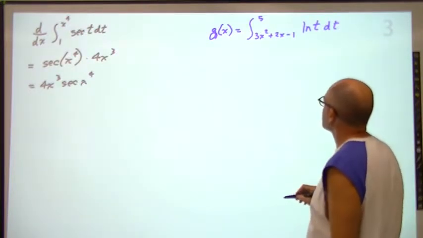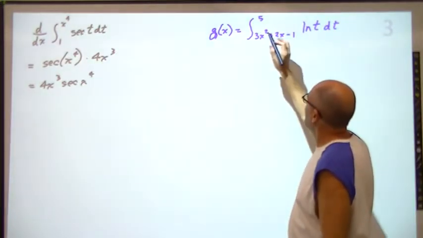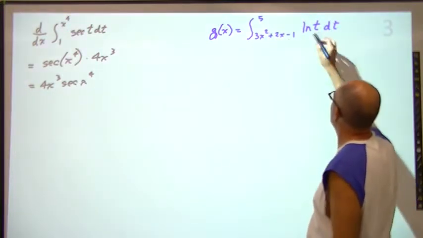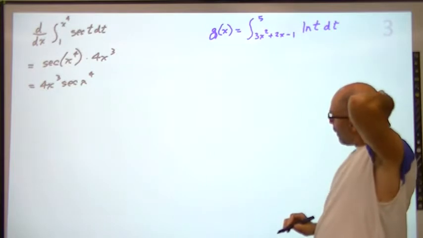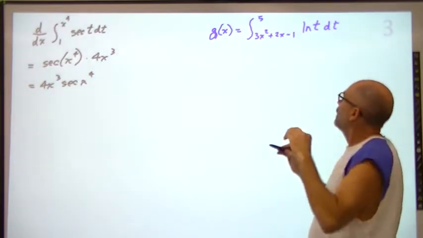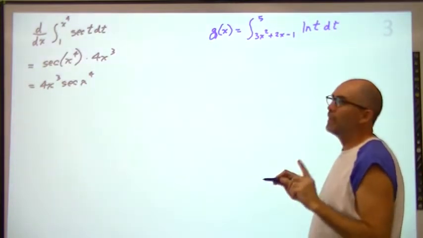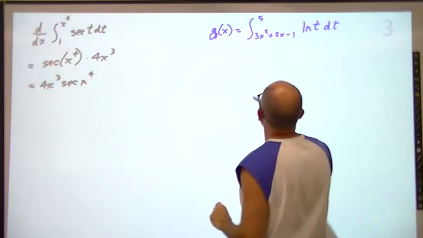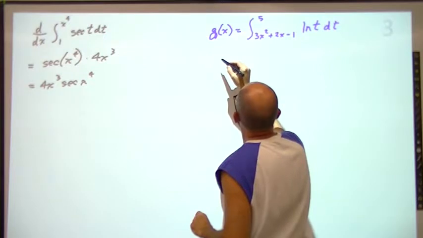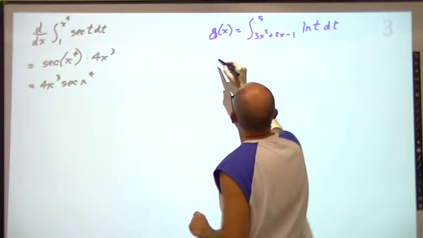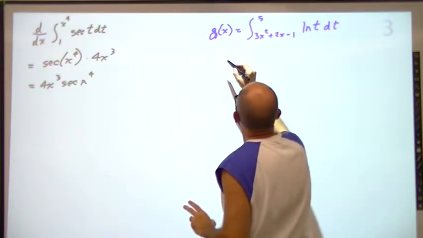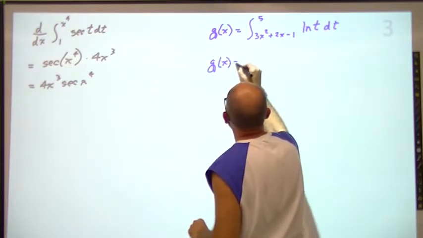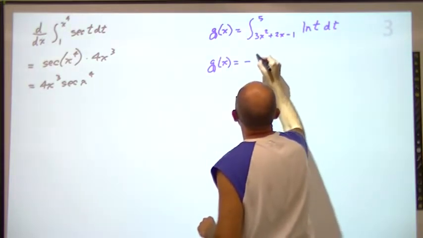Another one. G of x is the integral from this function to 5 of natural log t dt. Now, first thing, the constant needs to be on the bottom. It can't be on the top. So what we need to do is we need to say g of x equals the negative integral